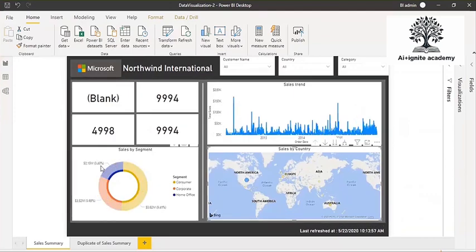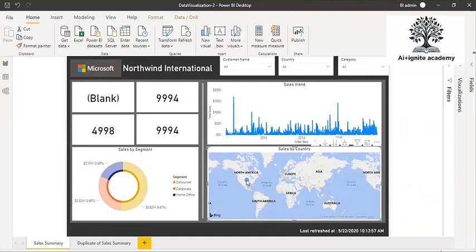You notice here when I select United States on the map, on the donut chart, data has been highlighted, not filtered, right? So out of the total, for the US, this value has been highlighted. If you hover your cursor on that highlighted value, you see that for segment consumer, total sales is this, and the highlighted sales means the US sales, right? So the US sales is 9%. So this is the highlight.